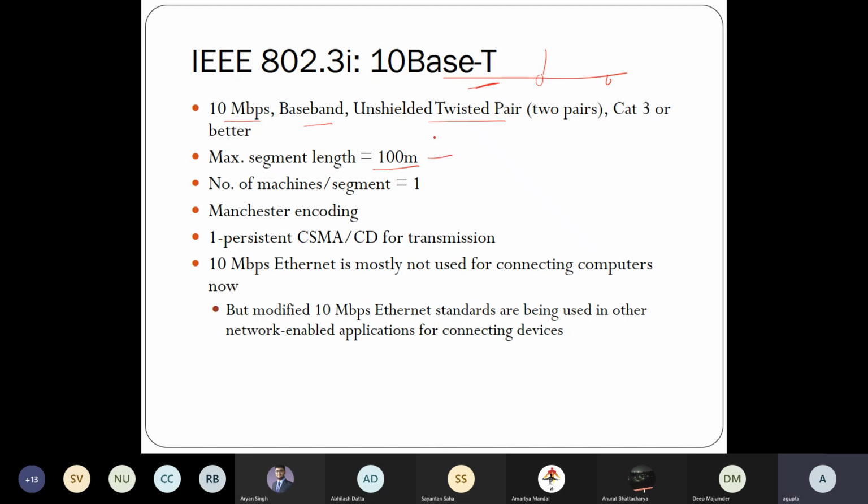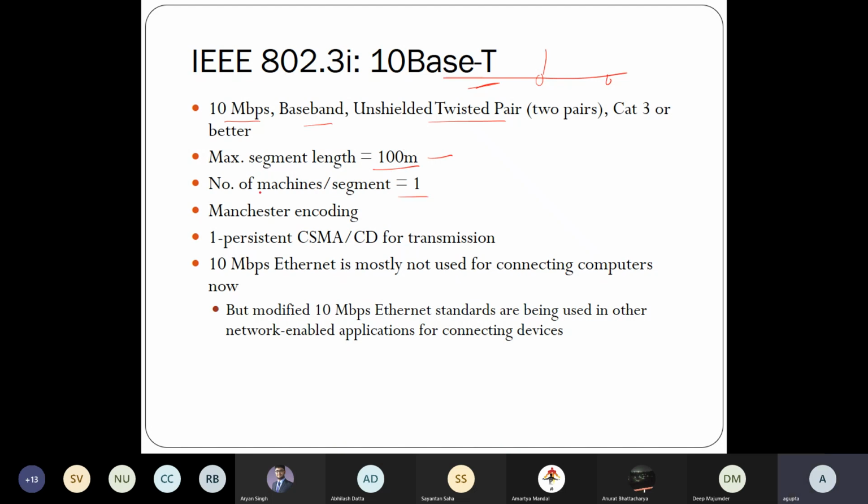So this is classic basically. This stays even now. So if you have to do UTP wiring to design a network, you will not run a network where, let's say, from a room to the nearest switch is more than 100 meters long. You have to put a switch in between. Okay, because otherwise the attenuation and interference is too large for this kind of thing to work. Number of machines per segment is only one. Okay,